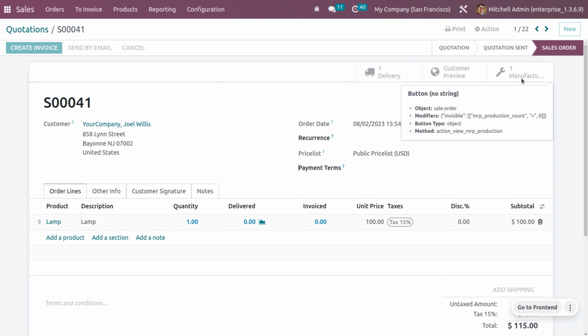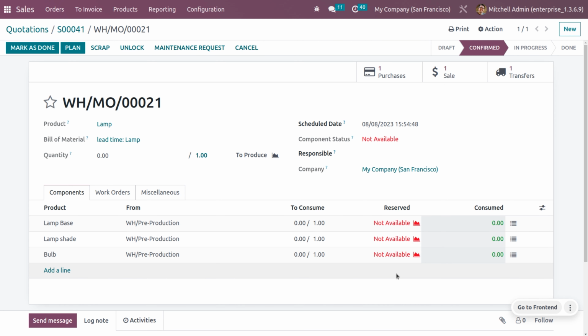So for that, you can just dive into the manufacturing, and all the components are currently unavailable. So first we need to make them available. Here you can see the schedule date of the manufacturing will be on 8th, as it takes 6 days to manufacture the product. Once the customer places the order, as I have already shown you, and today